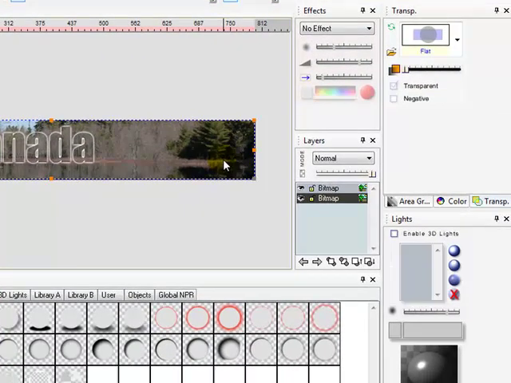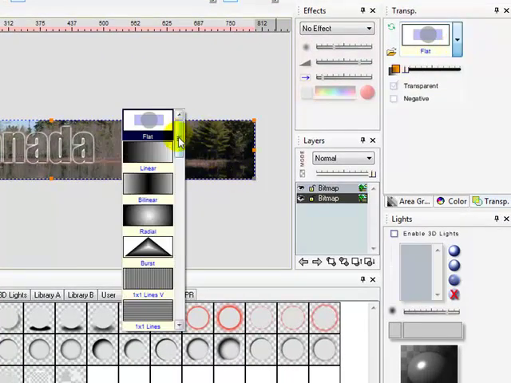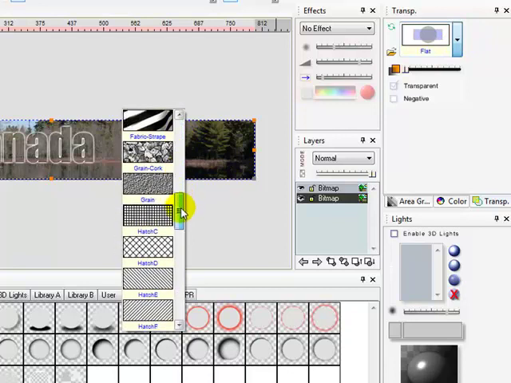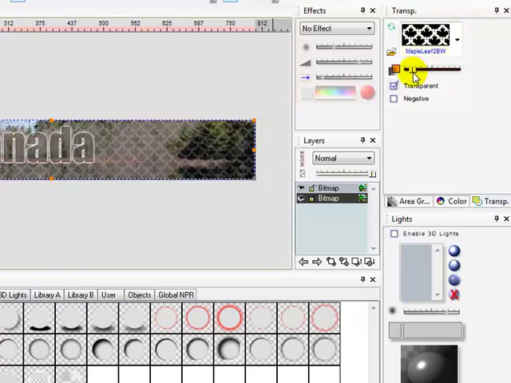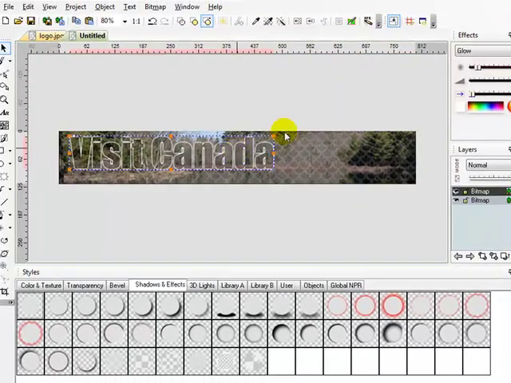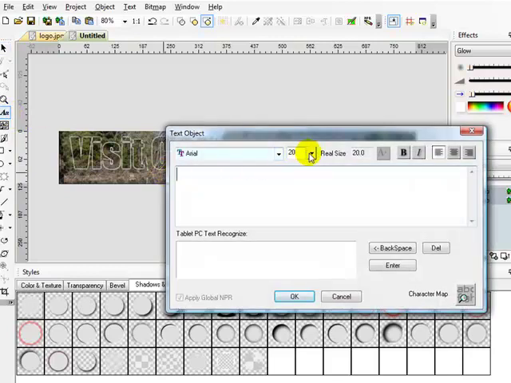Right, so there's the text done, and in the background what I'm going to do is select little maple leaves from there, and we just reduce that slightly so that we have a hint of the maple leaf on the background. And I think, let's take that glow down a little bit. Okay, I like that. It's very simple, very quick to do, and then the only other thing to do would be to add a tagline in here, which I will put as an Arial font, and we'll type in